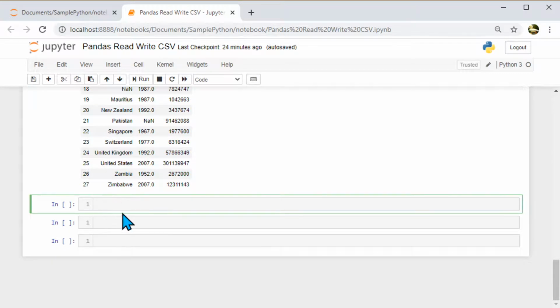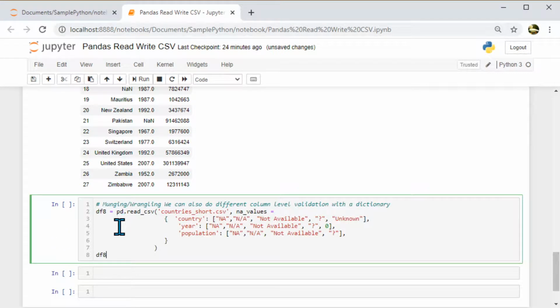We have discussed dictionaries in one more video. If you want, you can go to the Python programming videos where I explain in glory detail how to use a dictionary. So now if you see here, I say read CSV, read this country chart CSV, and for na_values I am passing a dictionary as a parameter.